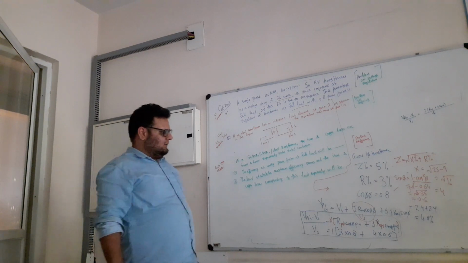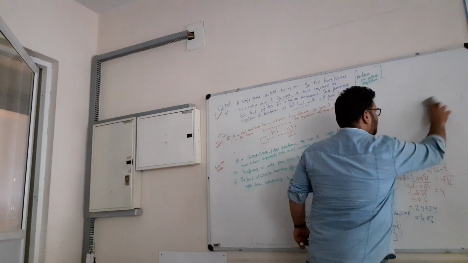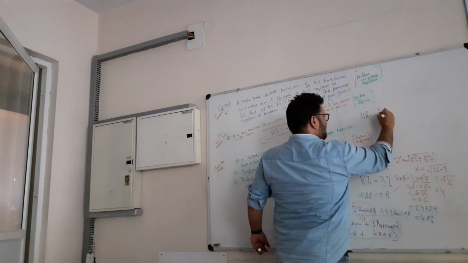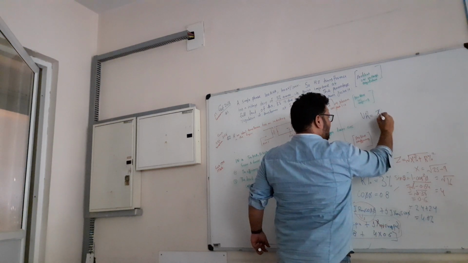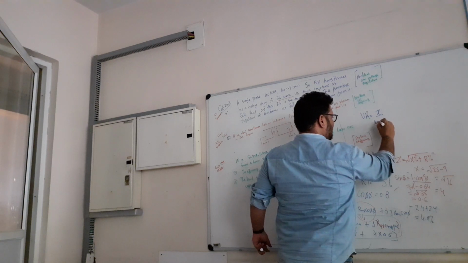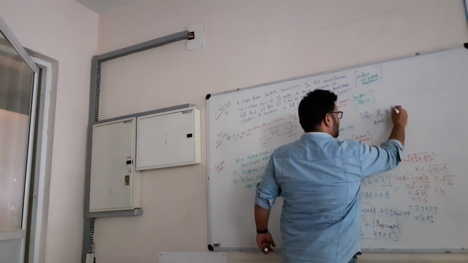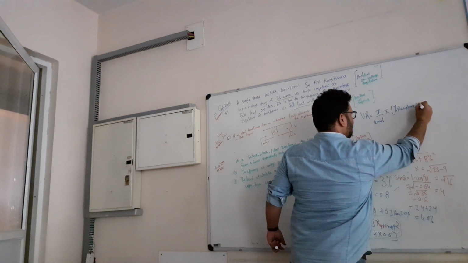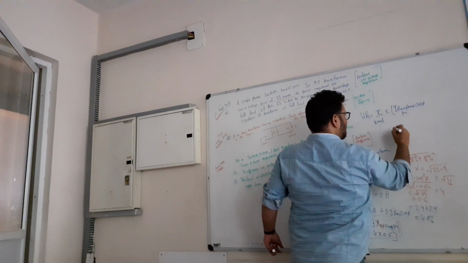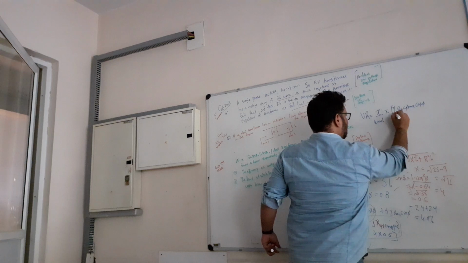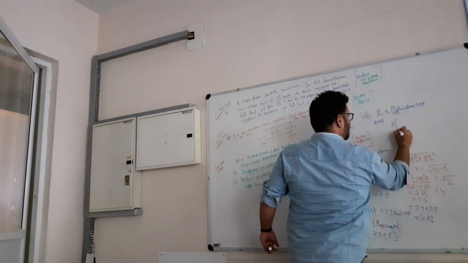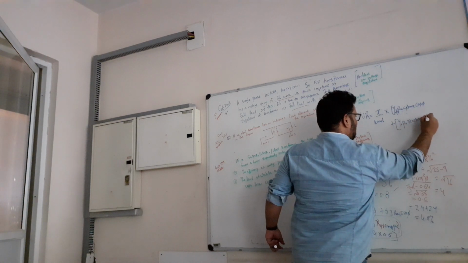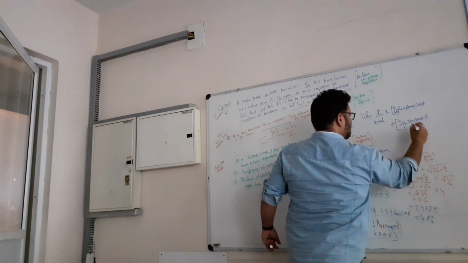This is a voltage regulation formula that you can keep in your mind. Per unit voltage regulation. Voltage regulation can be expressed as percentage. First of all, you have to see the load. That is, this is the load, into your percentage resistance, cos phi. This is per unit resistance, plus percentage per unit reactance into sin phi. So this was the first problem.